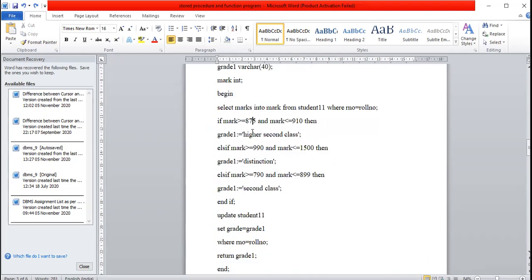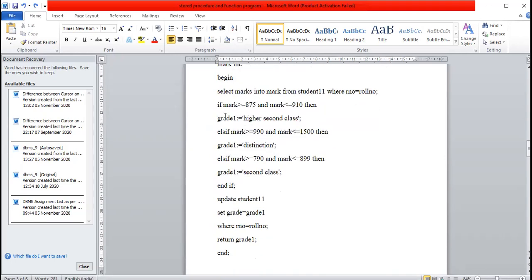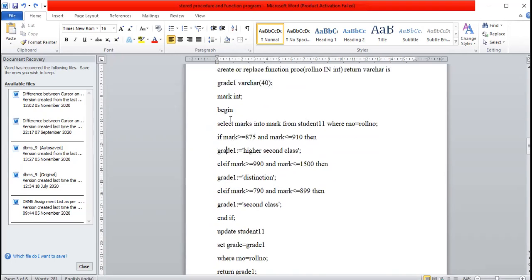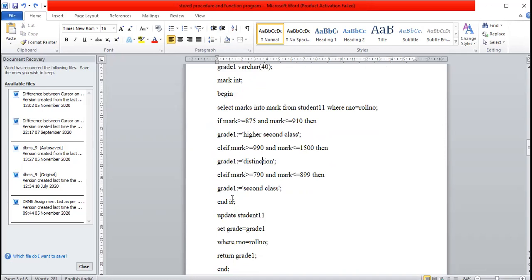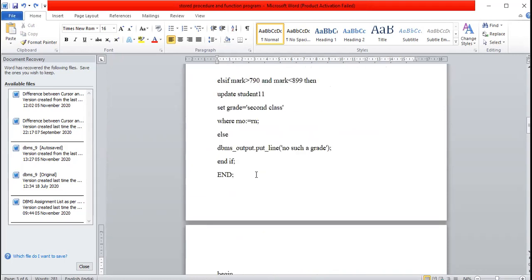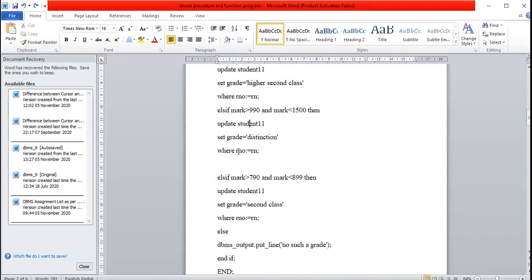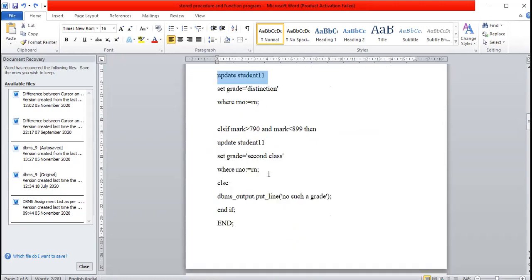Now we check the marks of each student and set the grade value. Grade 1 is the variable of that program. Grade 1 is higher second class, grade 2 is distinction. Likewise we are setting the grade. But here we are not updating any table. In the procedure, we checked the grade and immediately set the grade in the update query of that table.